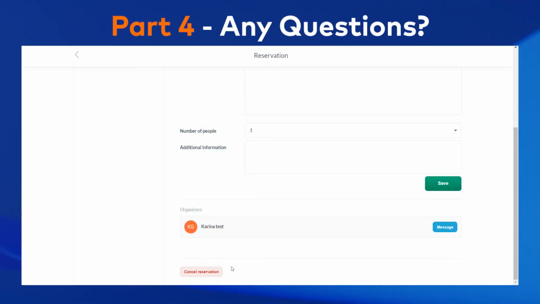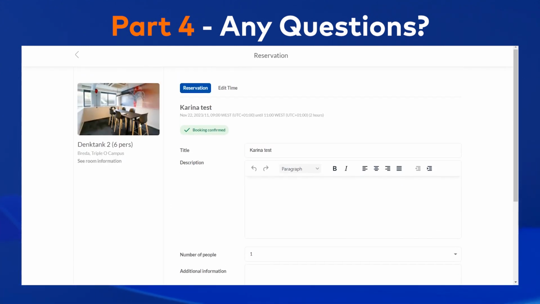If you have any questions about your reservations or the meeting rooms of your location, please contact the facility coordinator